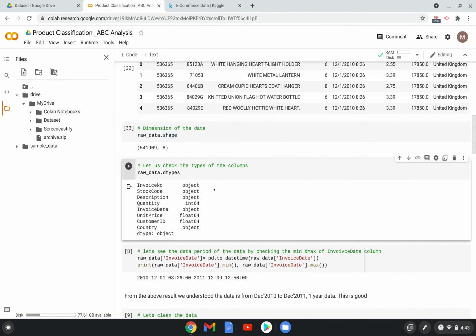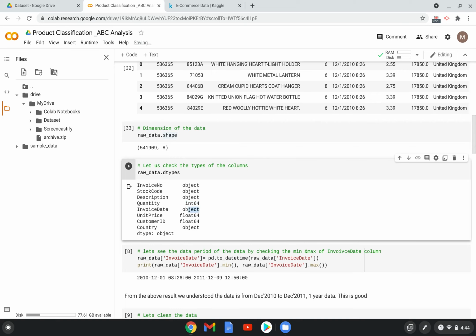So invoice number is object. Object is basically a string or integer, whatever it is. Stock code is also object. Description is also object. Quantity is actually integer, which is correct.